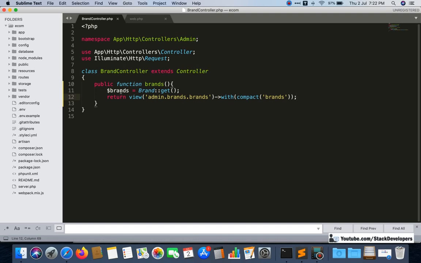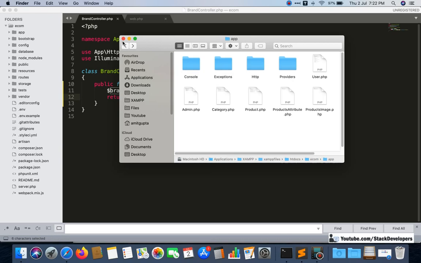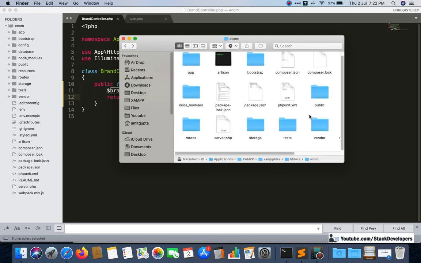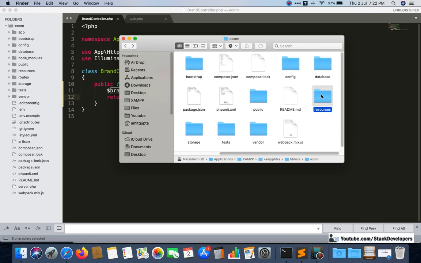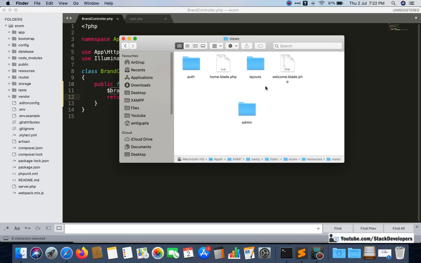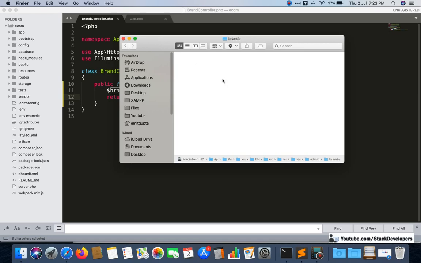So brands we have returned to this blade file, and we are going to create it inside our resources folder: resources, views, admin, and here we need to create one new folder called brands. Here I am going to create a new file.